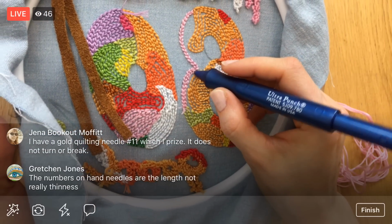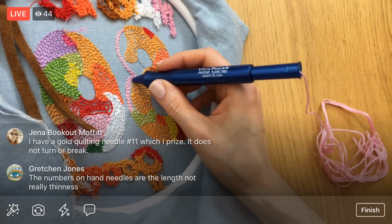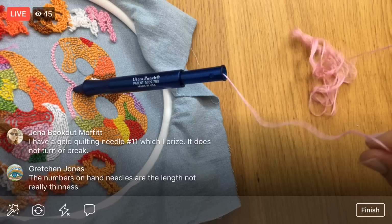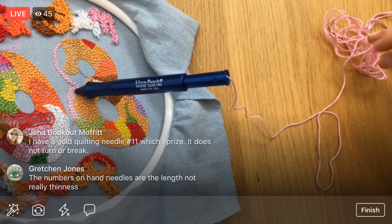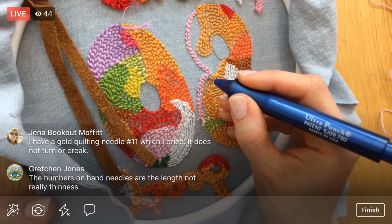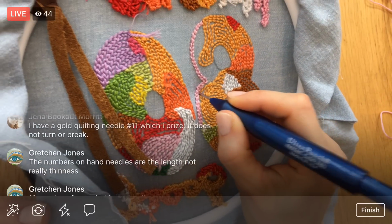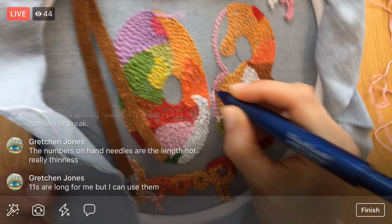All right, I'm gonna cruise down here and get this whole bottom section filled, but first you can see that this is kind of getting tangled, coming at me. I don't want any tension because it'll just pull out the loops. The only thing keeping these loops in the piece here is the fabric pushing against it. So we're poking a hole in the fabric in between the fabric threads,